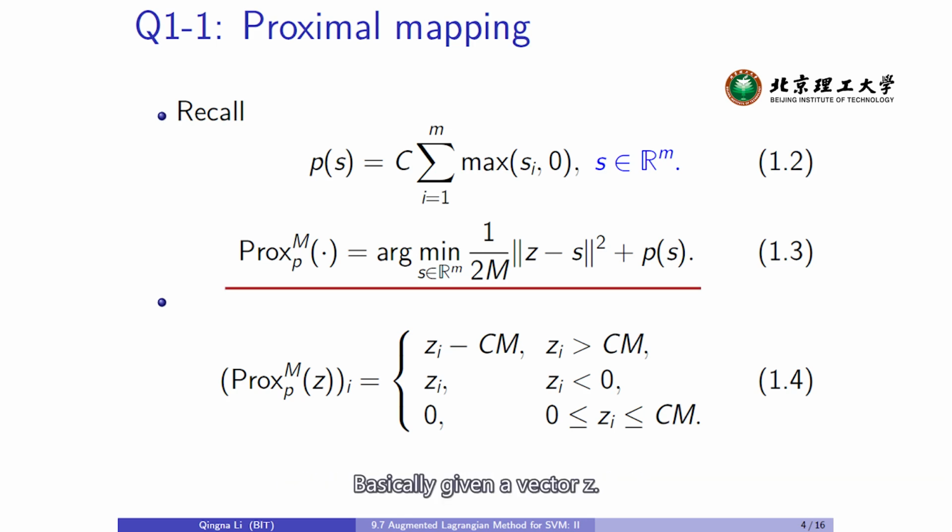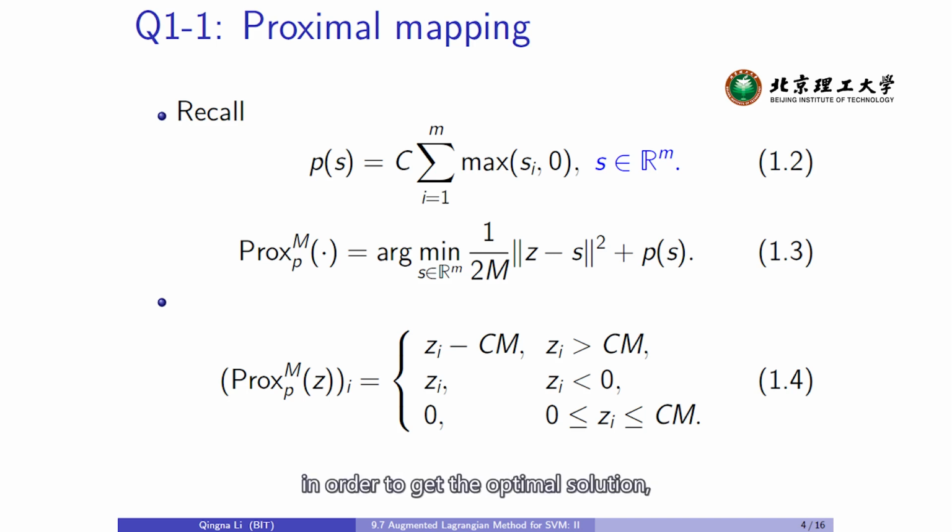Given a vector z, we are trying to minimize the distance between z and s, plus another function p_S, okay? For this problem, in order to get the optimal solution, we can actually transfer this